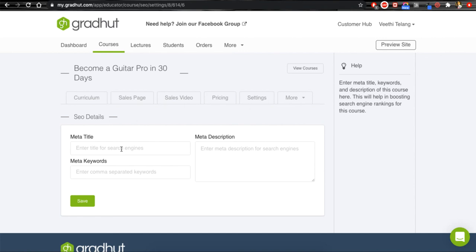So under meta title, you put in the title tag for your course. Then under meta keywords, you add all the high ranking keywords that your course's content is comprised of. Just make sure to separate each and every keyword with a comma. And lastly, we have the meta description, a 2 or 3 liner description of what your course is all about goes here. So that covers the SEO details of this course, and that overall is how you add more details